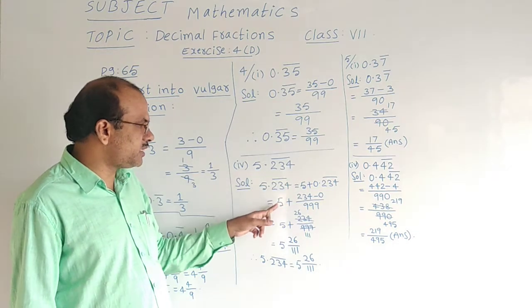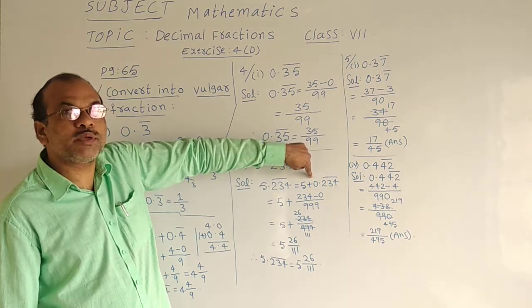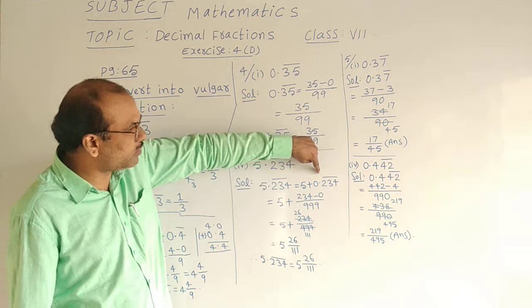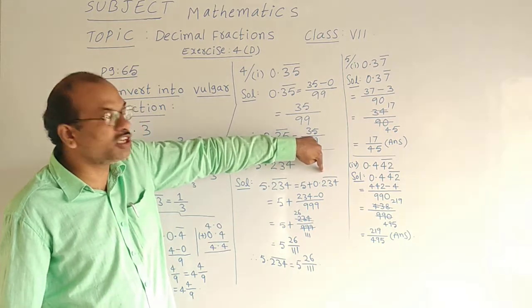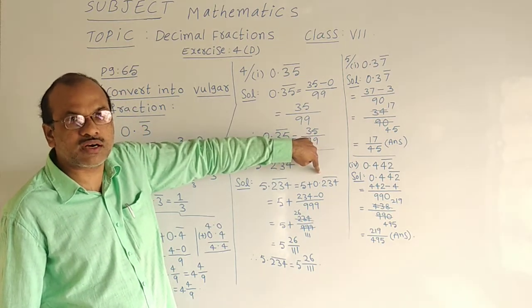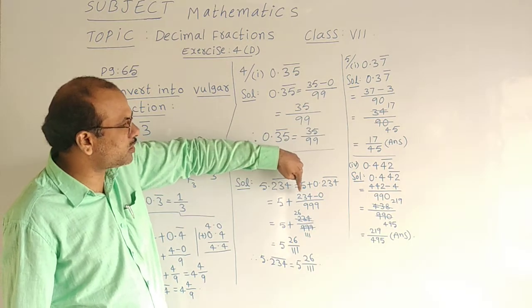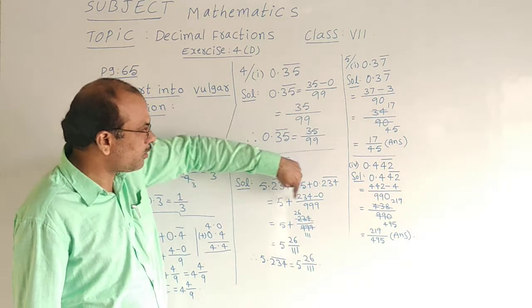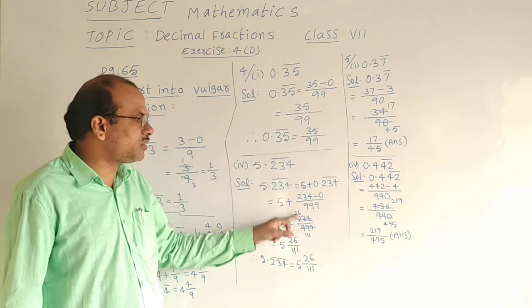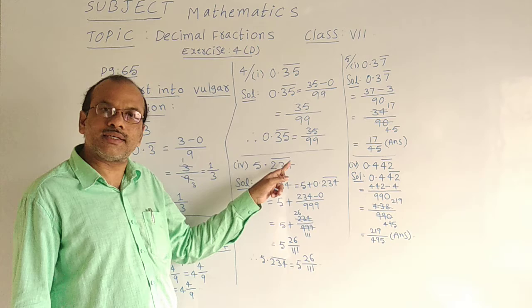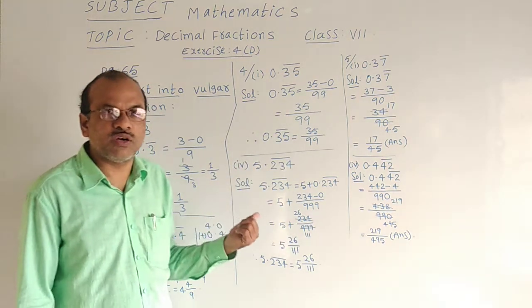Then that 5 is written with a plus symbol. As we expected, 0 should be at the start, and we have got it. Then 234 minus. In the decimal part there is nothing other than 234 under the bar, and that nothing is called 0 only. So 234 minus 0. Here 3 digits are under the bar, so I have to write 3 times 9 in the denominator. This is the procedure to be followed.